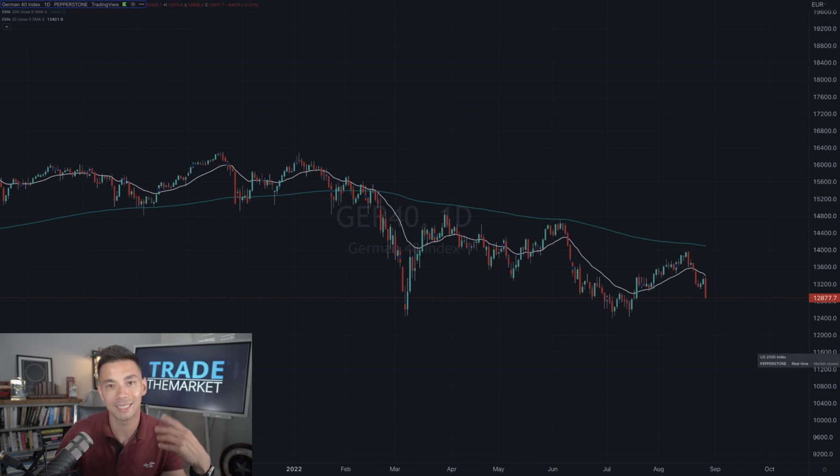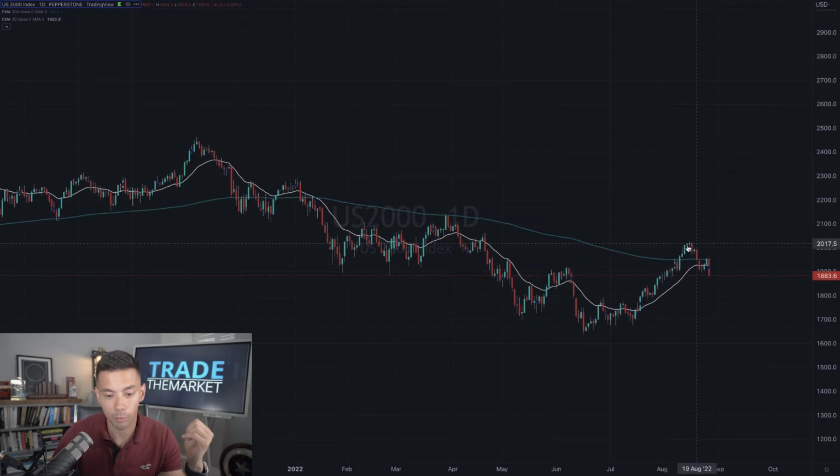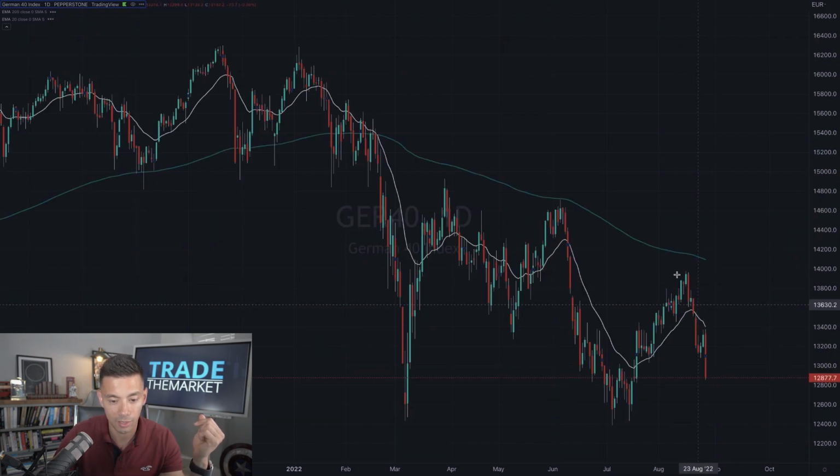However, if you are looking to get into a trade and you're not already in one, I would actually go for one of the US indices, like the Russell, for example, over here. The reason I would do that is that if we look at the DAX, let me jump across to the DAX, you see there's already a lot of sellers involved in this trade because it has already pushed down quite a lot.